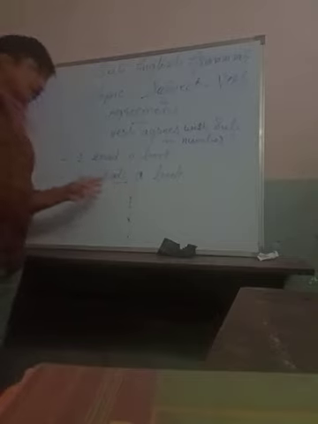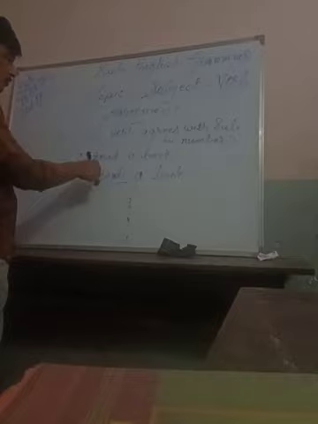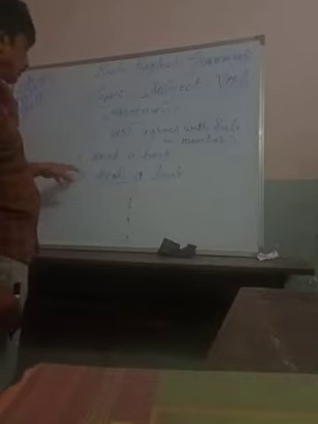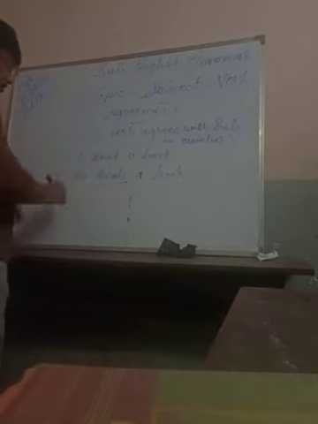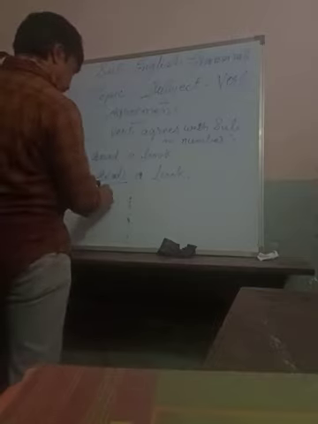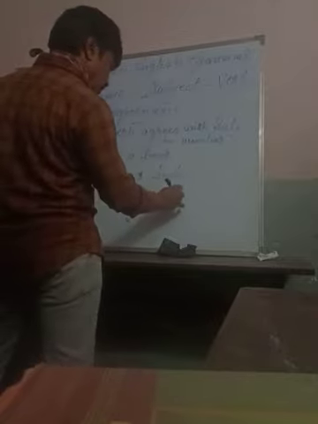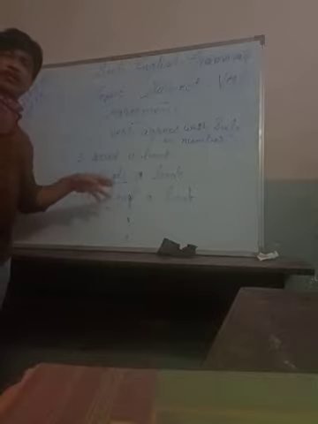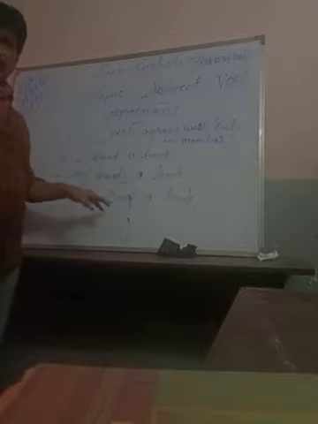This is the agreement of the verb with the subject, right? Now in these two sentences we see that the verb is agreeing with the subject: first I, second he, correct? Another example I am going to take: They read a book. Here also the same thing happened. The subject is plural, that's why the verb that comes with it is also in plural form. Write it down. Got this idea?